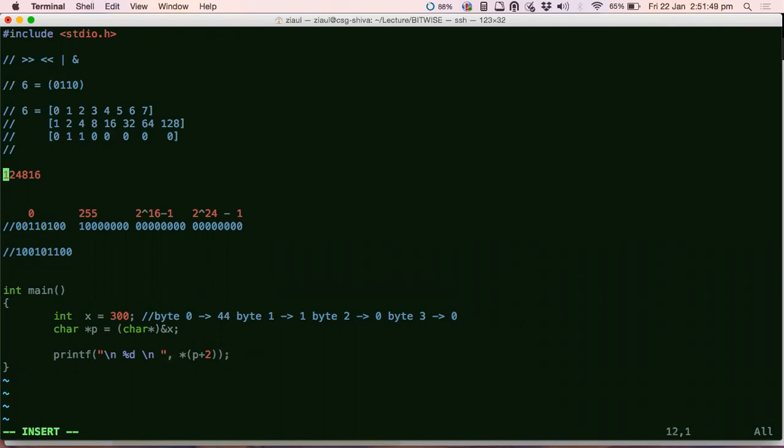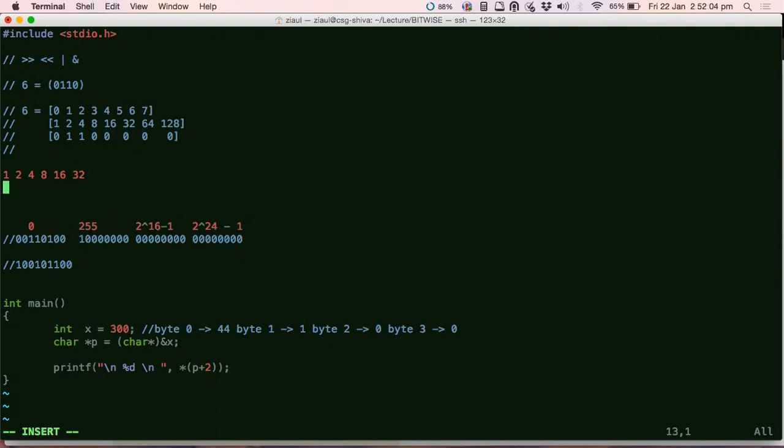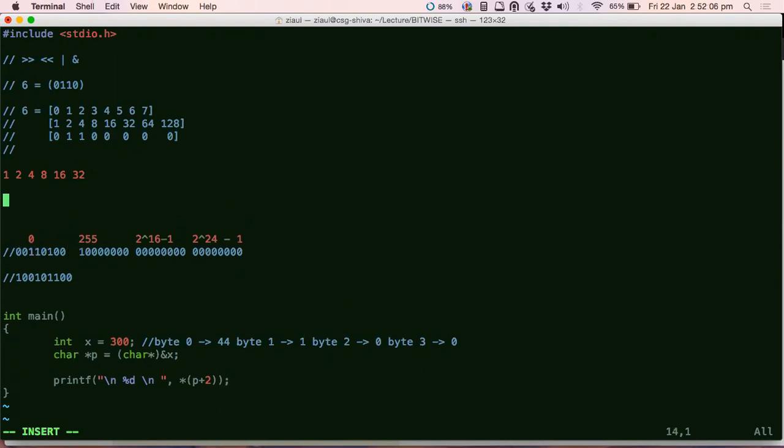See, what he is suggesting is, if you have 8 bits, how do you give the values to individual bits? 1, 2, 4, 8, 16, 32, right? Similarly, if you have 4 bytes, how should you give the values? The first byte value is 1, second byte value is 256, third byte value is 2 power 16, fourth byte value is 2 power 24.